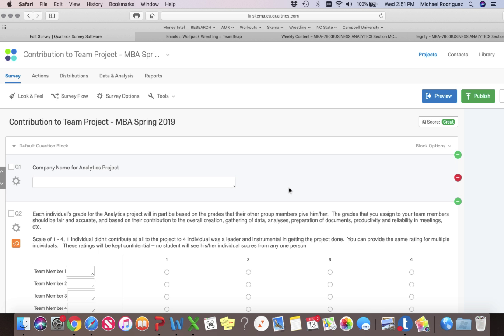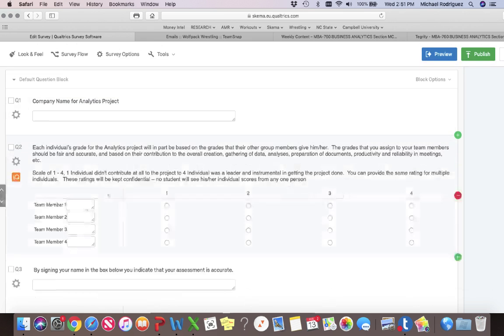For instance, you may get an A on this project, but if several members feel that you didn't do your duties as part of this team, this is the opportunity to share that information with me. It's completely anonymous. This is not going to be shared with anybody else. In this survey link, put the team name first on top, and then the members of your team, including yourself, and give yourself a grade on a scale of 1 to 4, 4 being the highest, 1 obviously being the lowest.